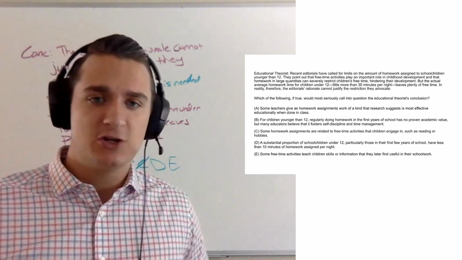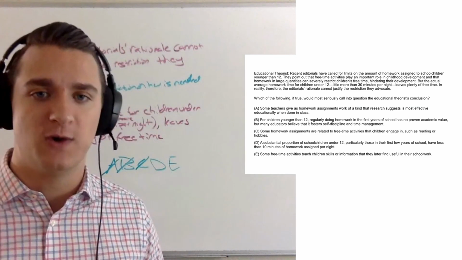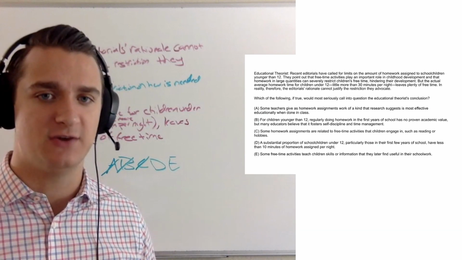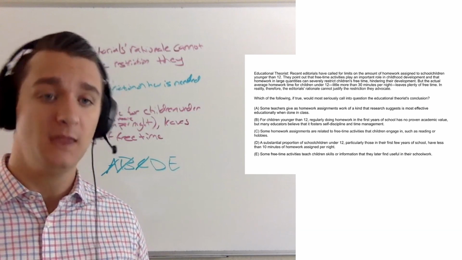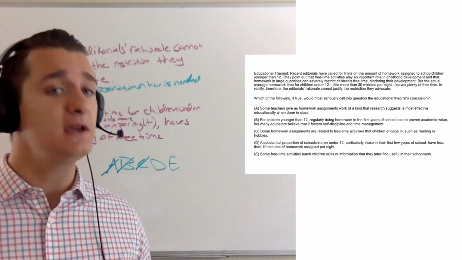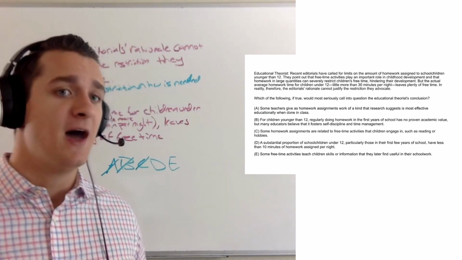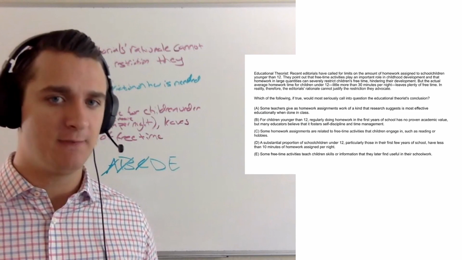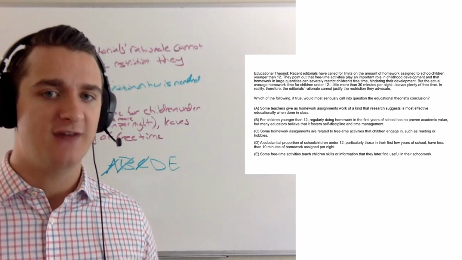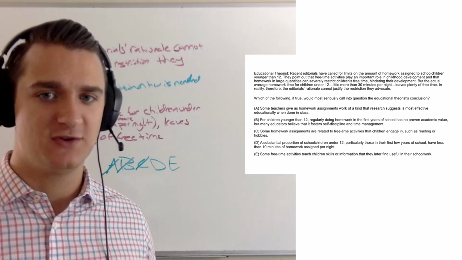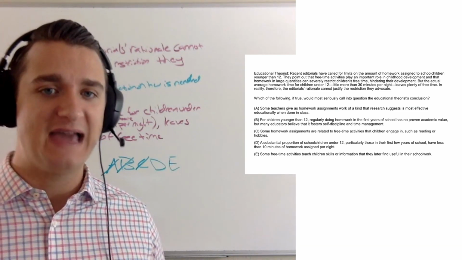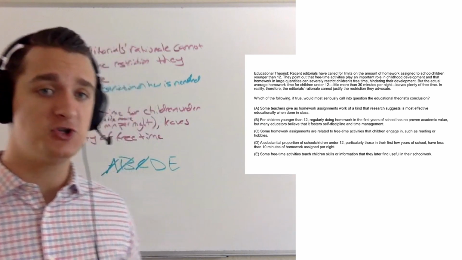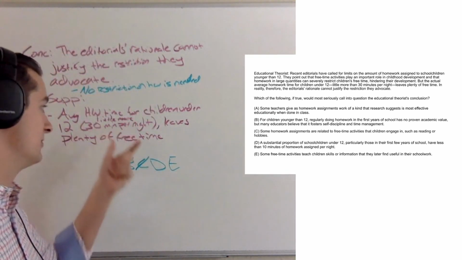D: a substantial proportion of school children under 12, particularly those in their first full years of school, have less than 10 minutes of homework assigned per night. Well, we already know that, is what my initial response would be. But I want to think about the implications of that. Because if a substantial proportion of school children, particularly those in their first few years of school, have less than 10 minutes of homework assigned per night, then for the average to be a little more than 30 minutes per night,